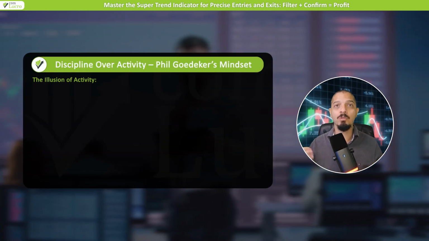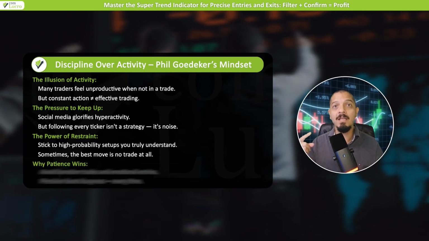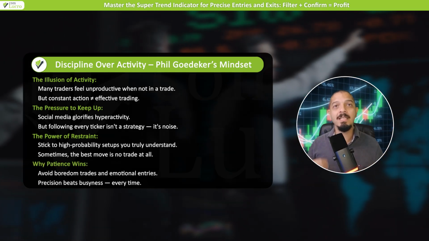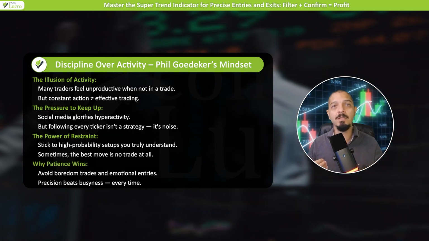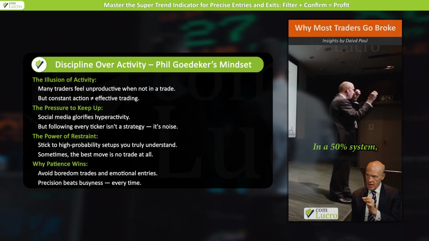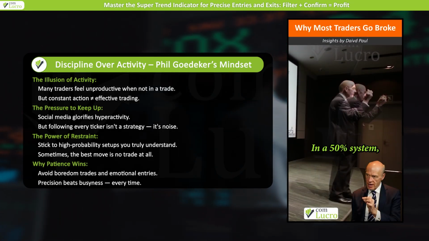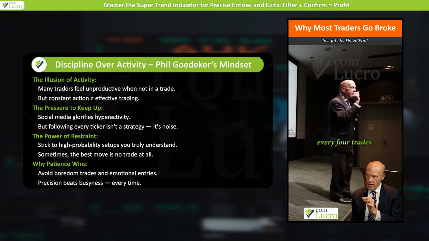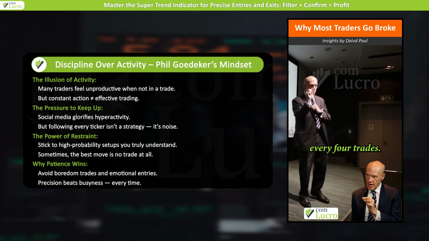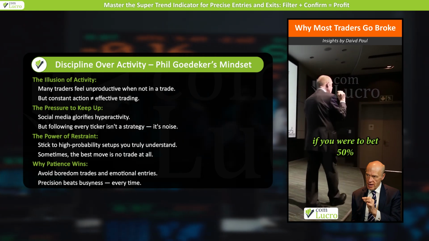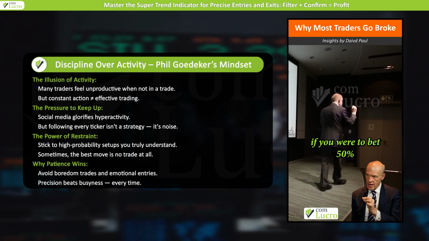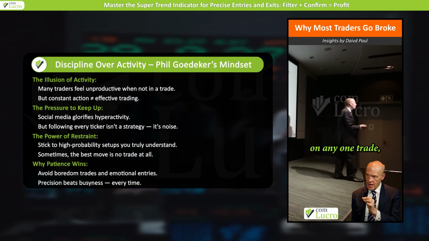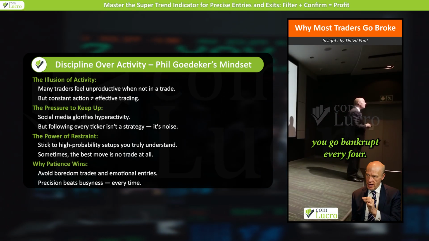And speaking of rules, this is where risk management meets reality. David Paul reminds us that even the best setups can destroy an account if your position size is too large. In a 50% system, unfortunately, you get 2 bad ones every 4 trades. Ladies and gentlemen, if you were to bet 50% of your coins on any one trade, you go bankrupt every